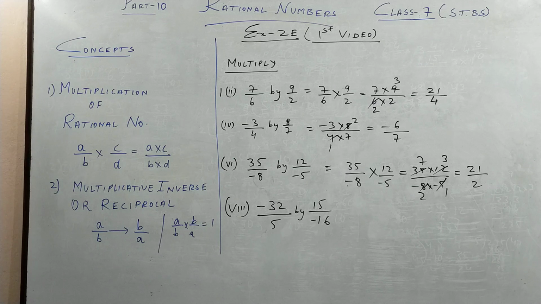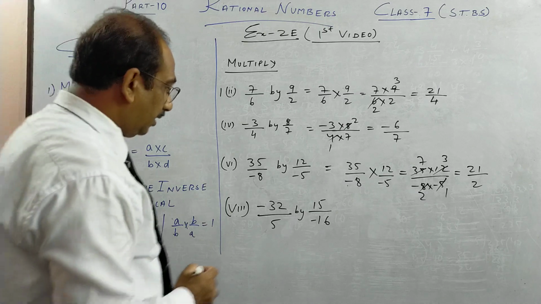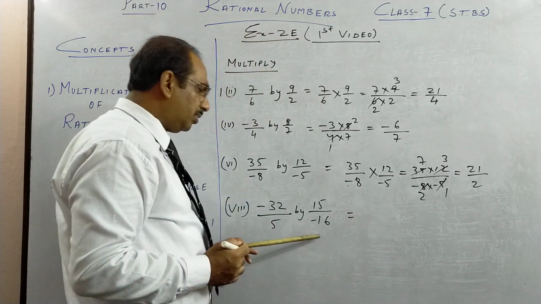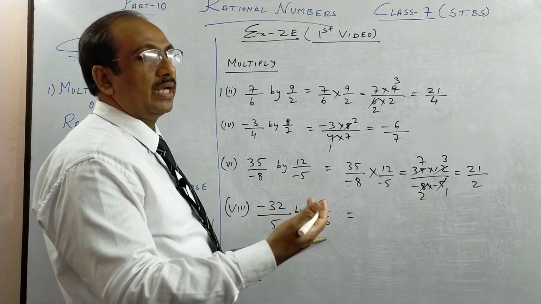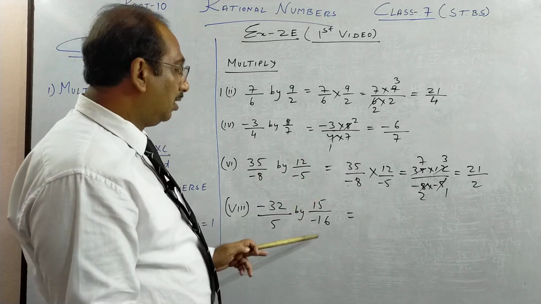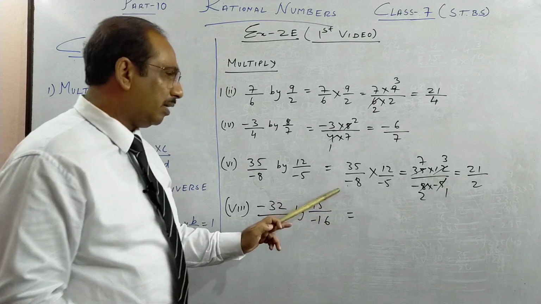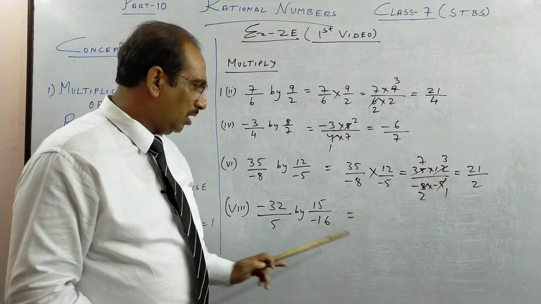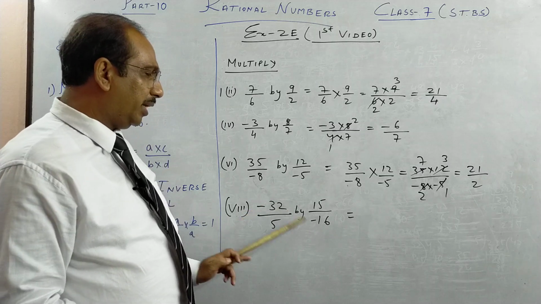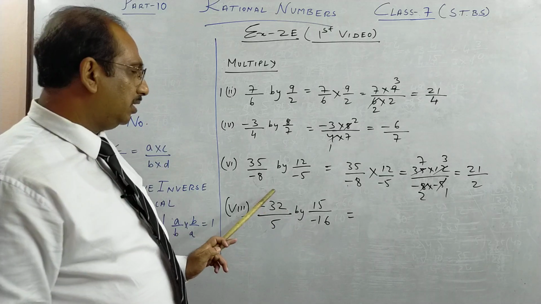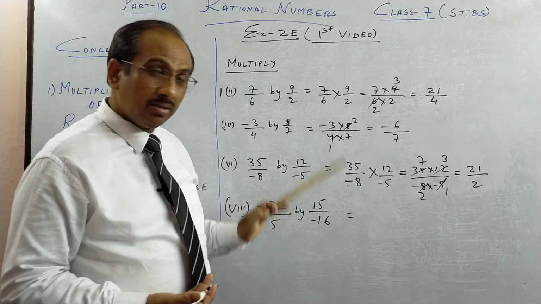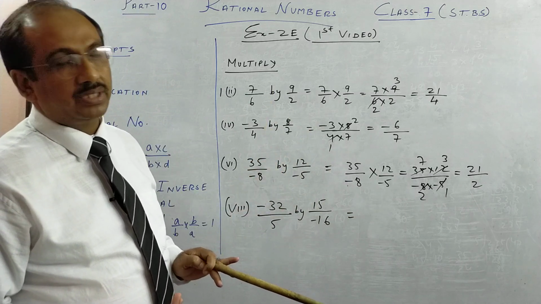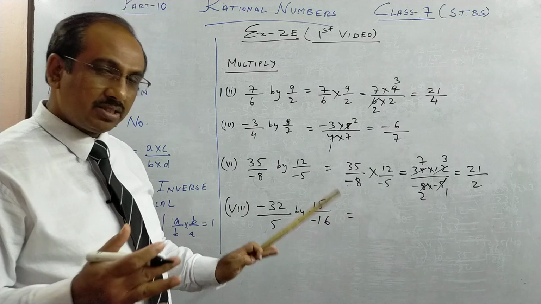Next we move on to part 8 of question 1, where many times in the book you will see they convert the negative number in the denominator by multiplying and dividing by minus 1 by minus 1. But here I'll tell you one very easy method: minus minus becomes plus. In the division rule, if you see one minus up and down, they also cancel. I have taught about this in my earlier videos, in one of the exercises I did previously. So this minus upon minus cancels.